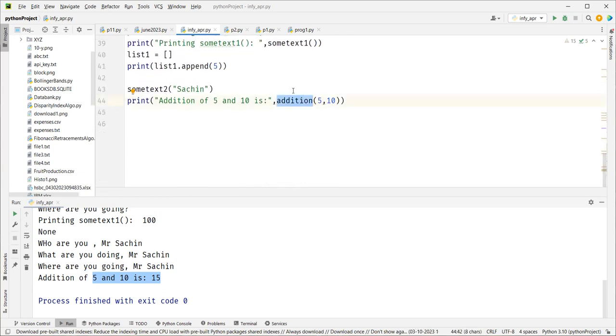So a function is basically a block of code which has its own name. It can take input parameters and it can give a return. It can or may not, not always. This is your types of functions. We'll stop here for today, and tomorrow we'll talk